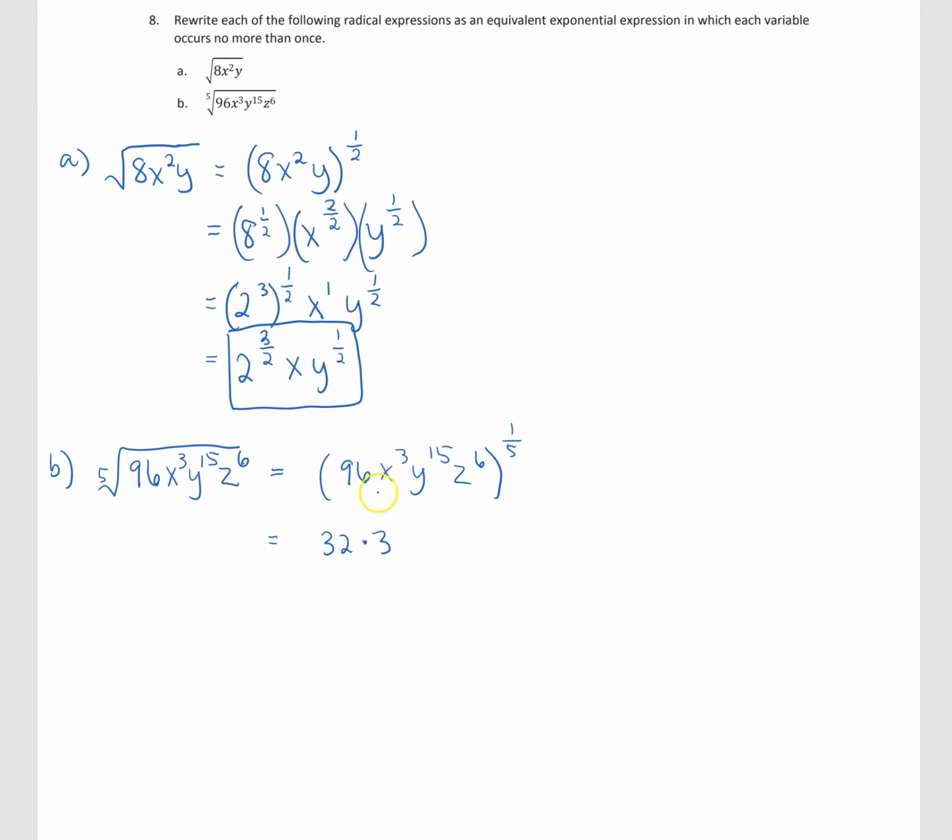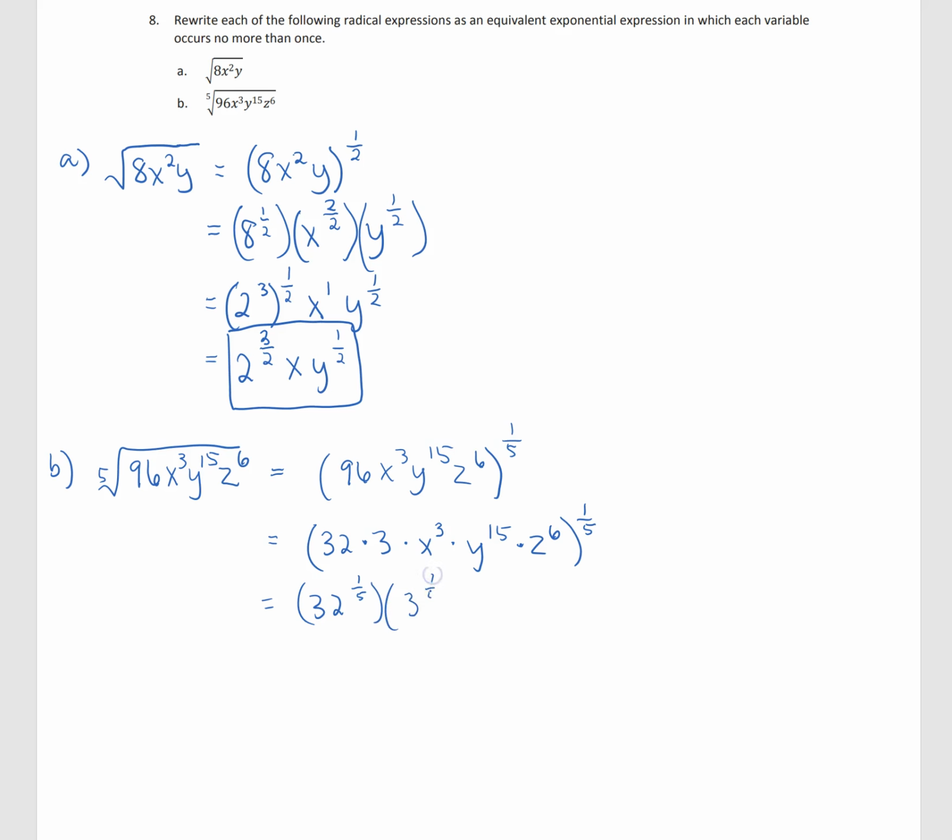So 32 times 3 is 96, and 32 we can take the 5th root of easily. So I'll leave that way and write the rest of it. We have x cubed still times y to the 15 times z to the 6 all to the power of 1/5. So now putting this 1/5 exponent into each of our terms gives us 32 to the power of 1/5